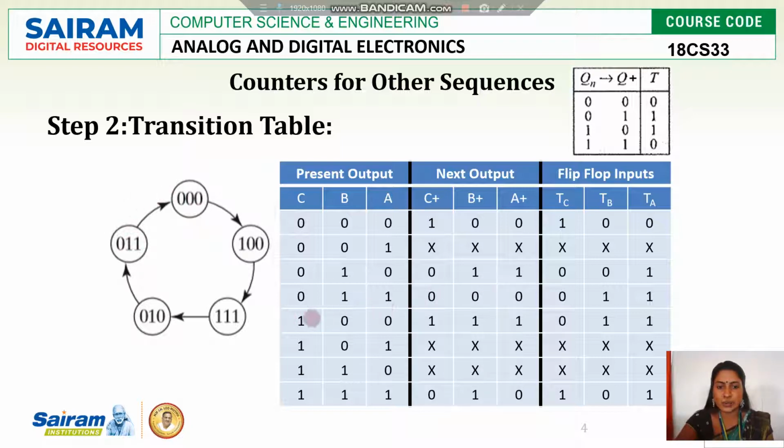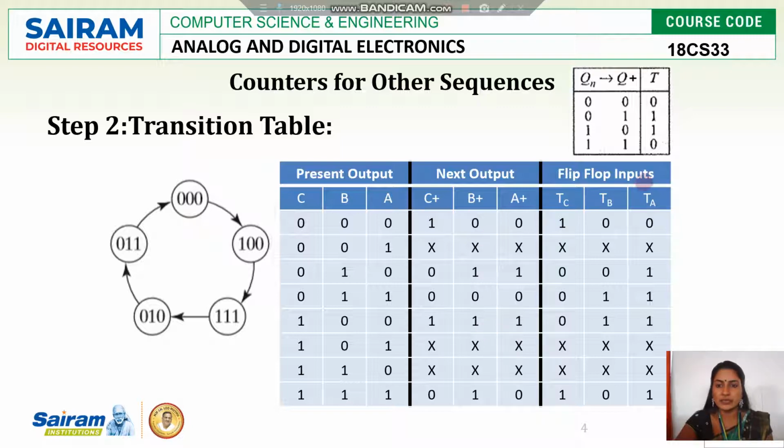Next, 4. 4 is also here, so next state of 4 is 7, so I have written 7. Next, 5 is not there, so there will not be any next state, so we have to put don't care. Then 6 is also not there, so we put don't care. Next, 7 you check. 7 is there. After 7, the next state is 2, so I have written 2. So my present state and next states are ready.